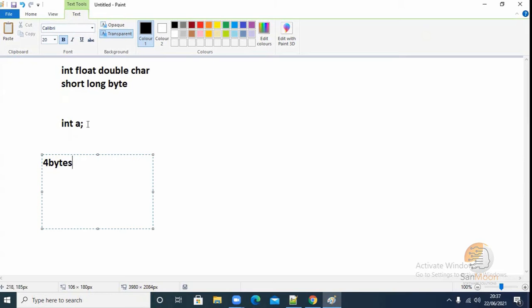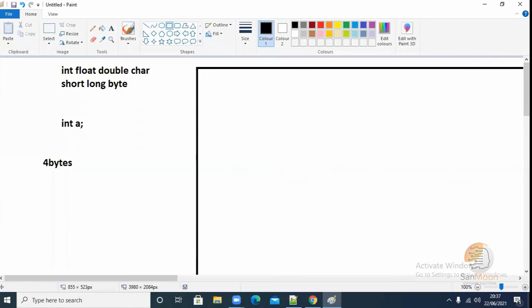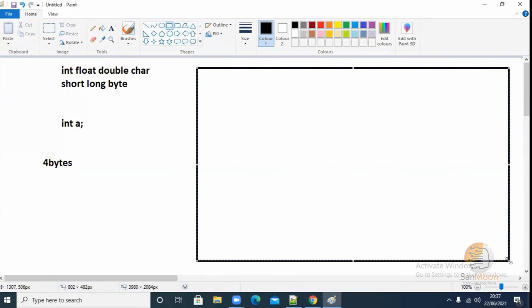So what will happen? The moment I create int a, what will happen in the memory? This white space, for example, this box is memory, RAM memory. The moment in my program I declare int a, what is going to happen? In this memory, wherever the free space is, the computer will go and allocate 4 bytes of memory.